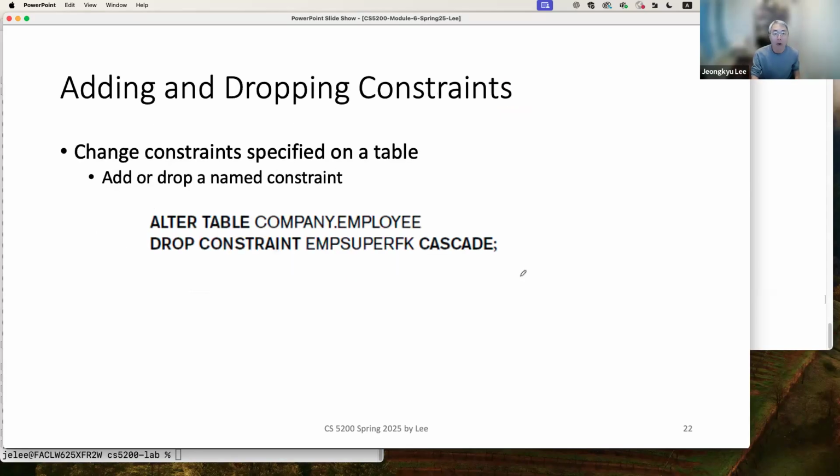Okay. Also, if you want to add or remove a constraint, for example a primary key or foreign key, it can be ALTER TABLE DROP CONSTRAINT, or ALTER TABLE ADD PRIMARY KEY, ALTER TABLE ADD something. When you drop the constraint, you can use the CASCADE option. That means any relevant table that is related to this constraint will be deleted as well. Okay, so